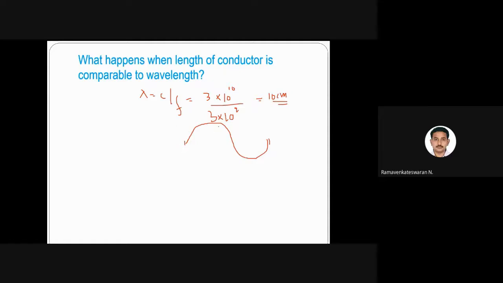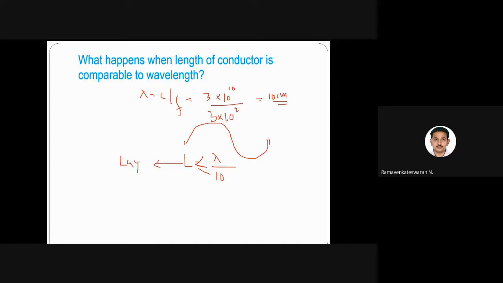So when you want to design this device and connectors, I'll choose the physical length of the device, let us say the physical length is L, in practice very small, probably lambda by 10 minimum. They will take L less than or equal to lambda by 10, because then the wavelength is not going to affect the device. So they will choose the physical dimension, I'm talking about the dimension of the layout.